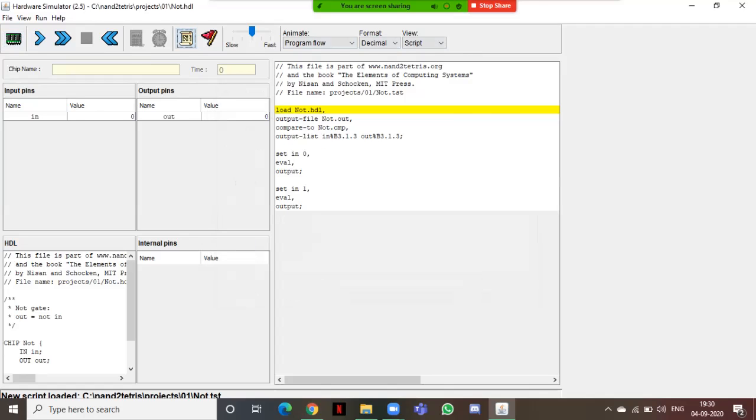Here we'll get our input as I told you, and here we'll get our output. And if there are internal pins. Now, what are internal pins? If I connect two NAND gates, we won't get any internal pins. But if we connect three or more NAND gates, we'll get internal pins. Internal pins are the connections made internally between the input and the output pins.